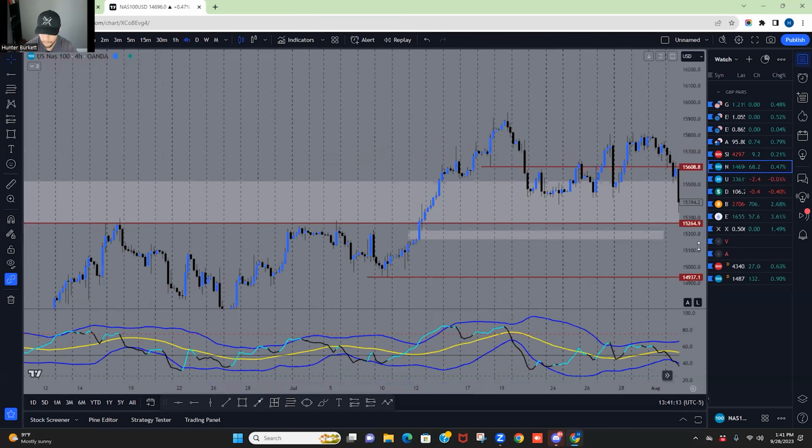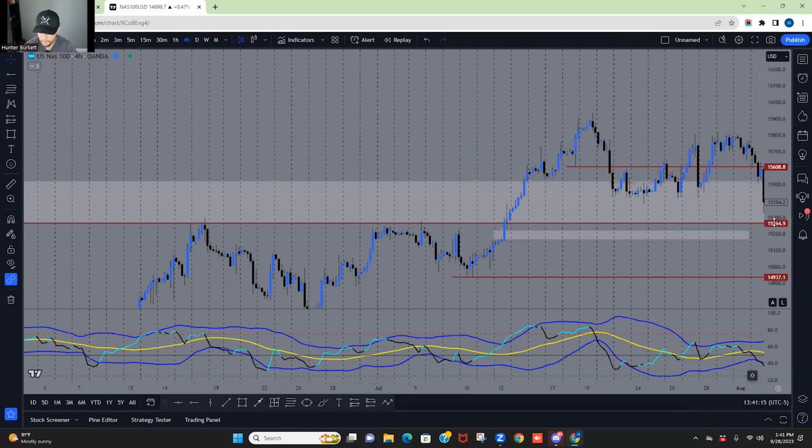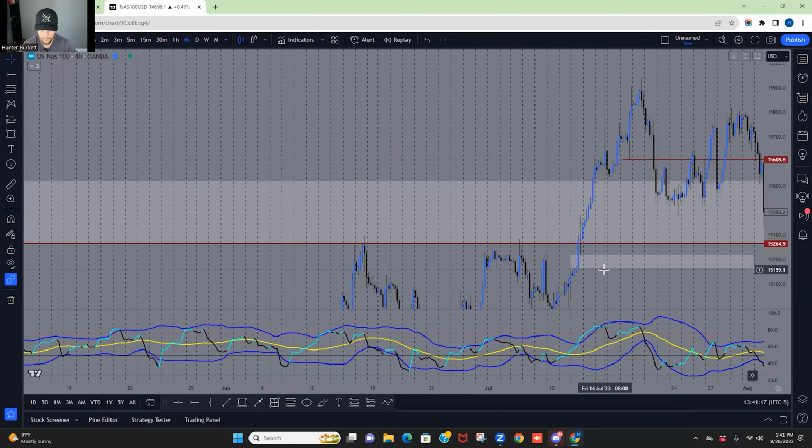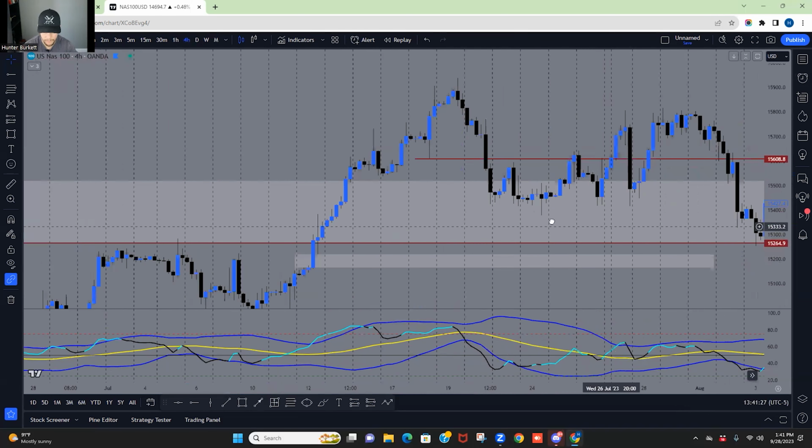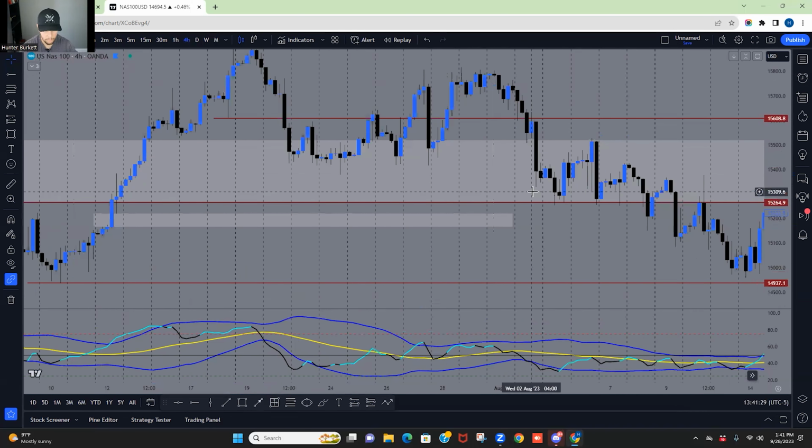Let me zoom in. Let me get this off my screen. Okay. You can see here on this candle, it offered buy side, it offered sell side, and it offered buy side again. Okay. So that's a balanced price range. You can see here, once we got there, look what happened. Do you see how you reacted on that balanced price range? Okay. Now,